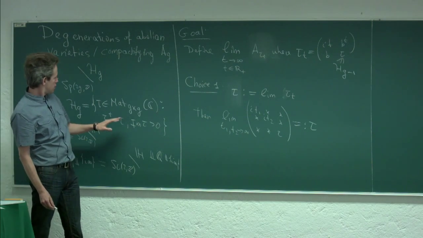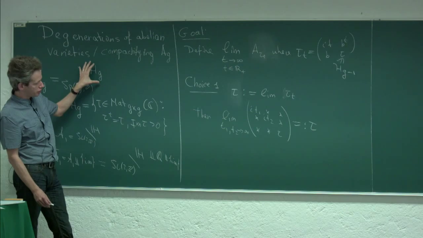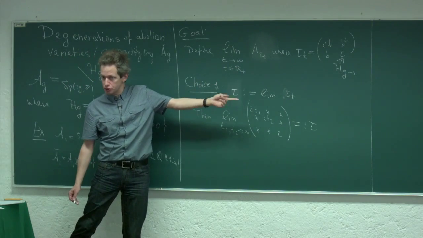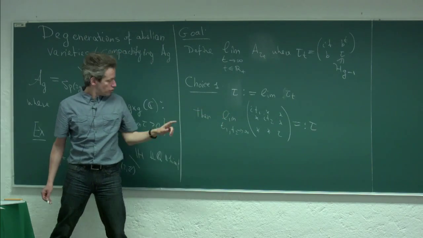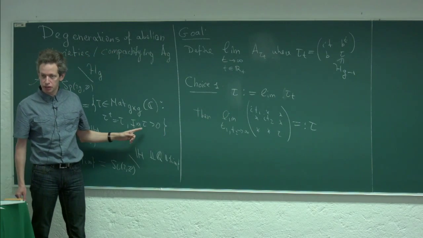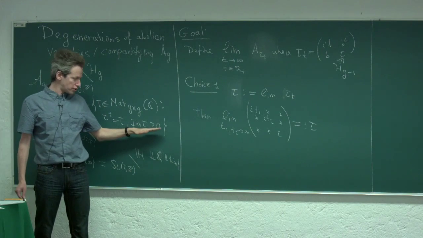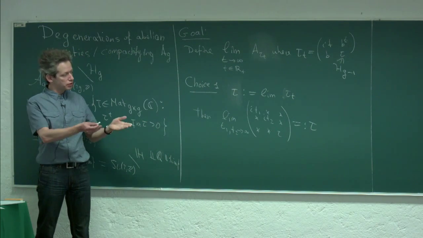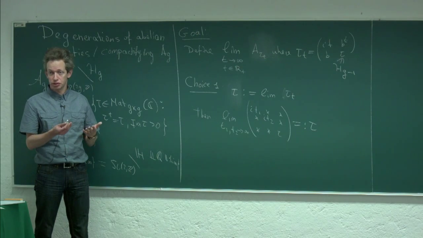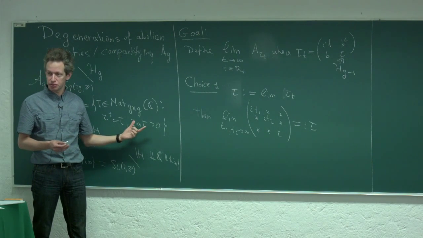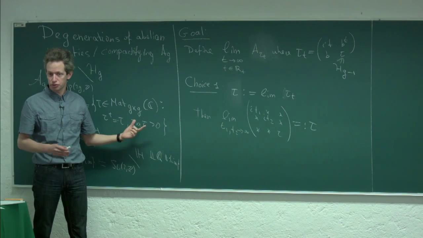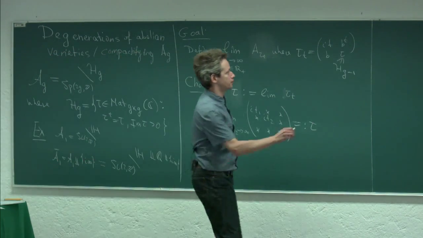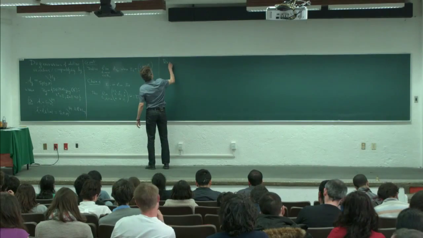So the possible reasons, the Siegel upper half space is non-compact, there are two reasons. I can take the entries out to infinity, which is what I've been doing here, or you can be taking the imaginary part and letting it be not positive definite, but semi-positive definite. And then you take the part of your period matrix where there is a kernel of the imaginary part of the period matrix, you throw it out, you throw out all the infinities in the limit, you keep the rest. So as a result, what you get,